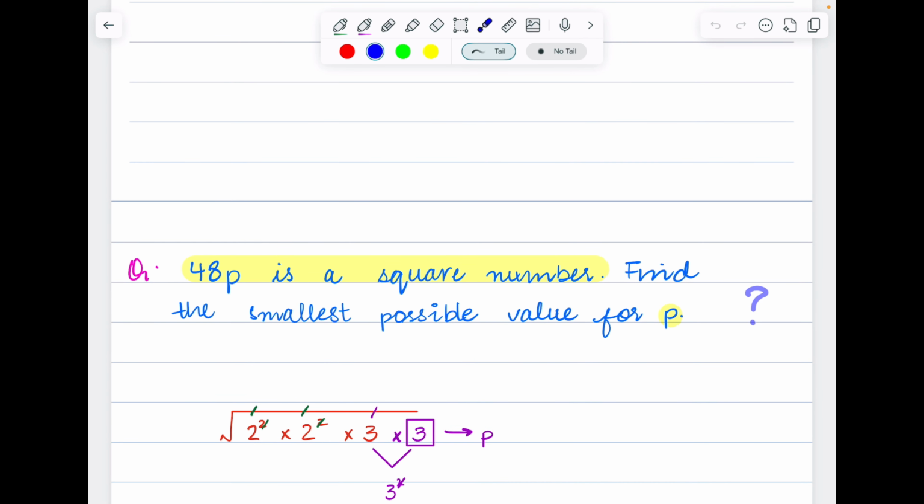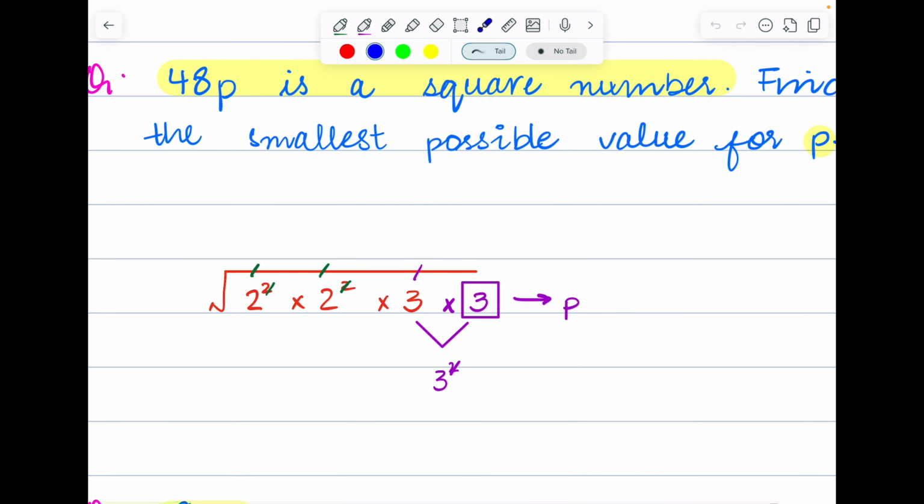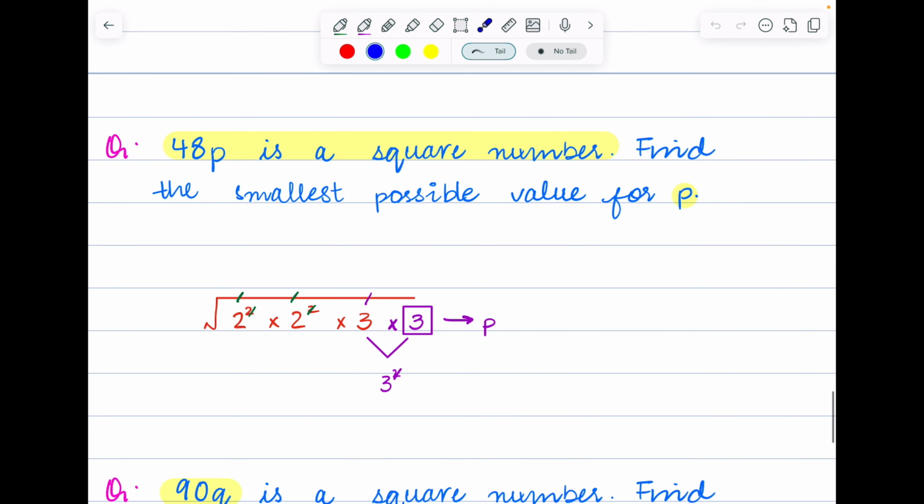Basically, the concept over here is that you're supposed to prime factorize the number given, which in this case is 48. What you're going to do after that is, when you're factorizing it, remember to put it in squares. Like for example, if I find the prime factors of 48 right here,